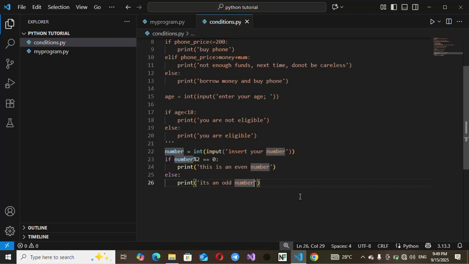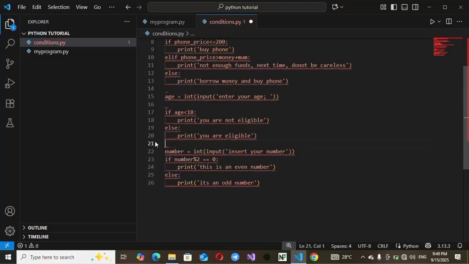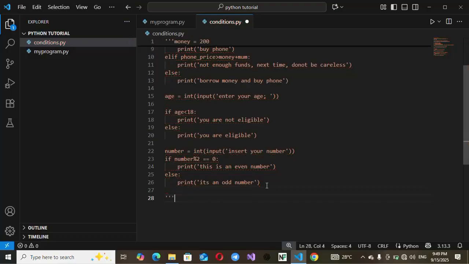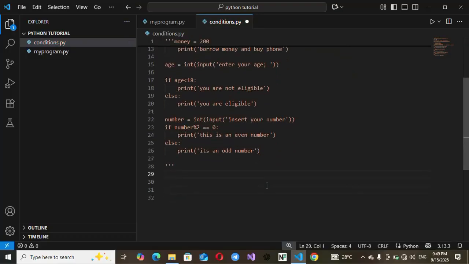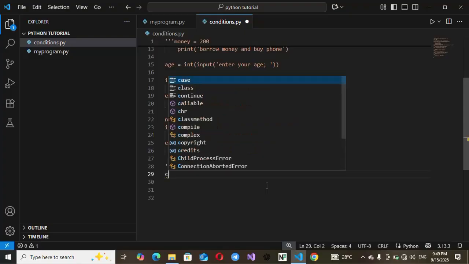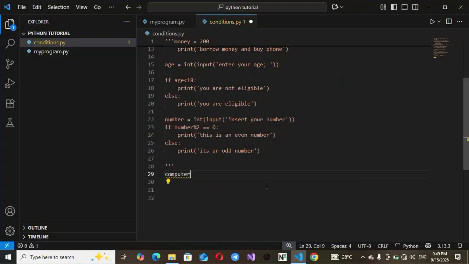Let's try and build a rock, paper, scissors app. Now, let's build a rock, paper, scissors app. It's you versus the computer. Let's say the computer chooses